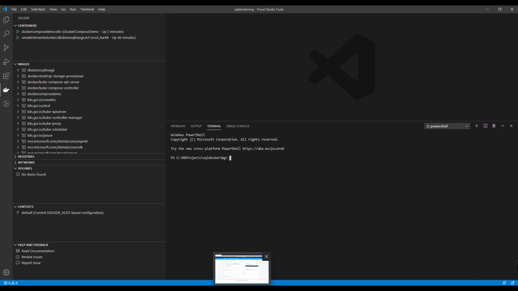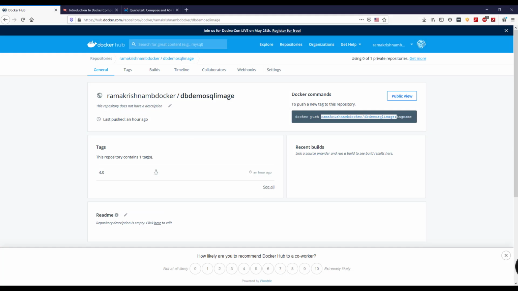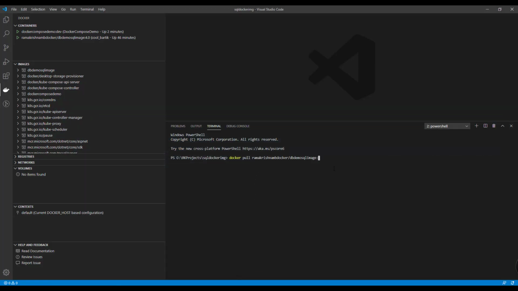To pull the image, we use this command, docker pull followed by the image name, the image path. We'll get the image name from Docker Hub. Just copy the image name along with the tag name. You can see the latest tag is 4.0. Give the tag name and run the command.